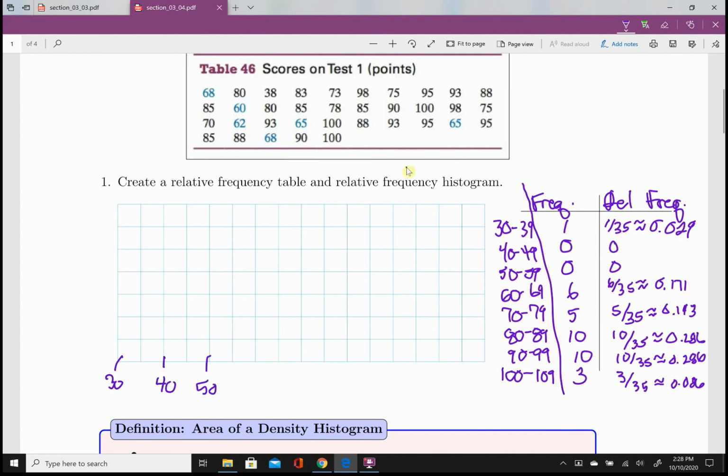50, 60, 70, 80, 90, 100. And technically that'll be 110. Okay, so the bar that I'm going to draw for this histogram, it's going to be two blocks wide. And so the implication here is that this bar that I'm going to make,